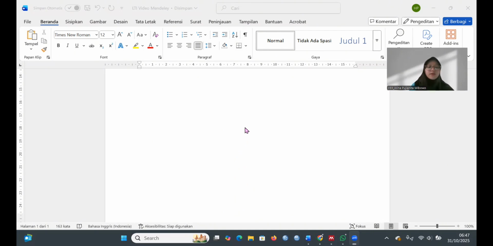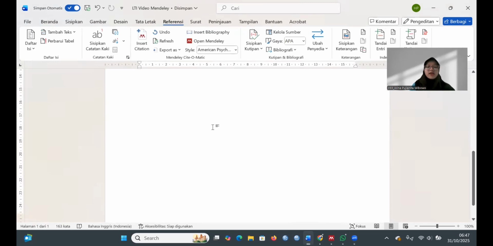And the first step is open your Microsoft Word document like this, and go to the references tab like this. And there are several types of citation you can make. The first one is single citation, used when referring to one author or one source. To make a single citation, click Insert Citation and search for the author's name or title from your Mendeley library, or just type